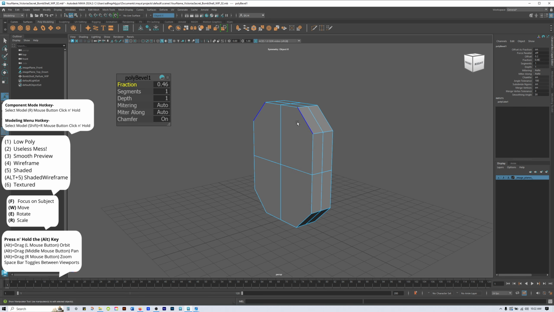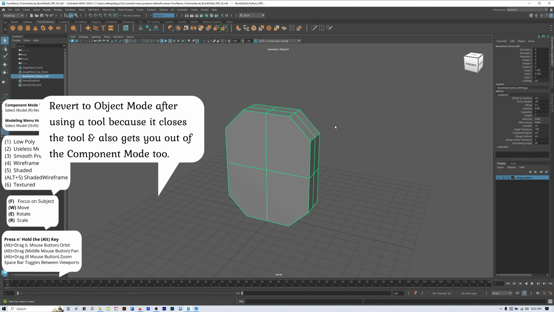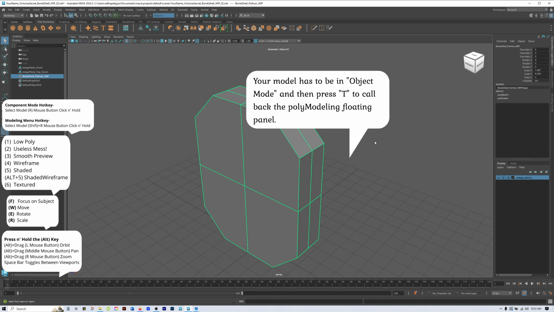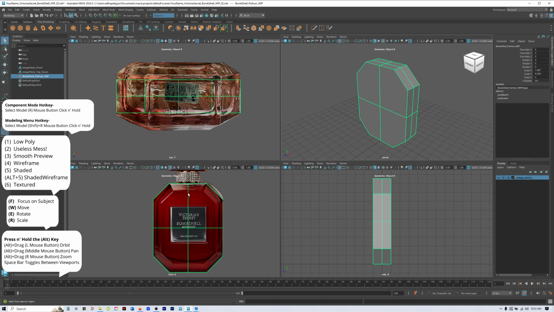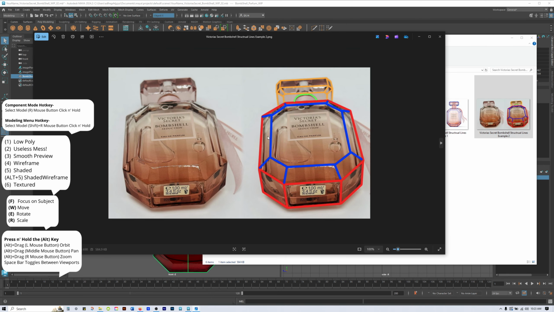Right click on it, or right click here. Right click and hold, choose object mode. Most of the time, you get out of the tool sets by going back into object mode. And then if you ever wanted that floating tool back for a bevel or any other tool, press T as in Tom. Boom. Q, get out of that. Now we're gonna model this. See this right here, this raised